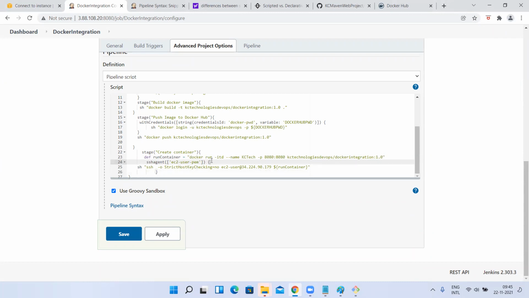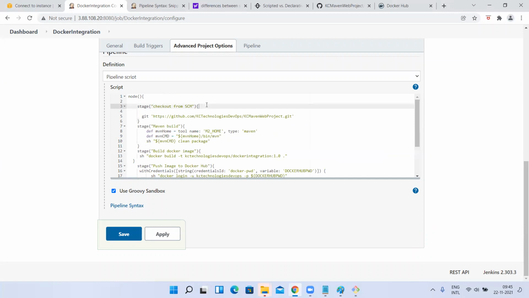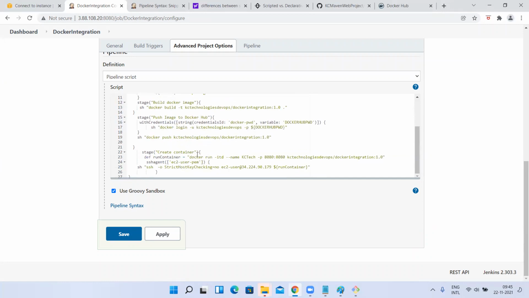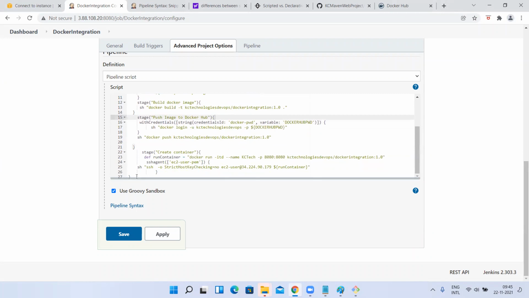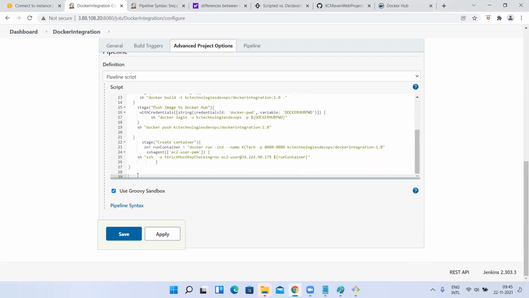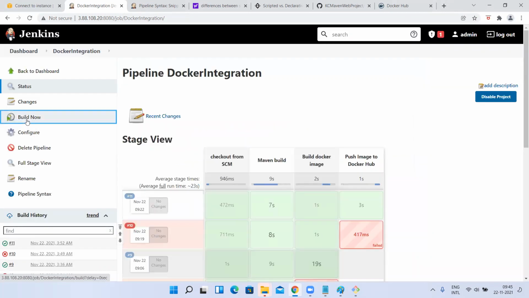For this sshagent function, this is a closing bracket. For this stage, this is the closing here. So I have to put one more bracket to end that starting one. So let me save it. Build now.